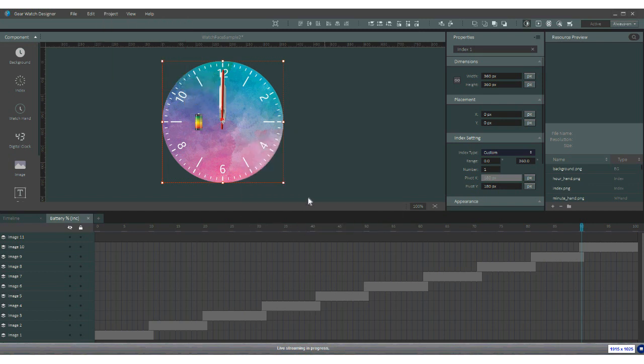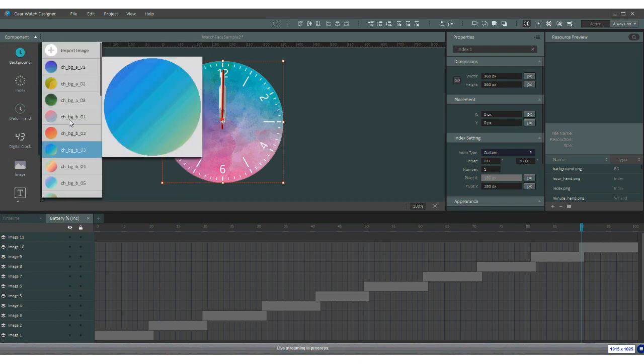As you can see in the top right hand corner, it shows us which state of the watch face we are in. So right now the always on mode is activated. So what I'm going to do is click the background icon, and I'm going to change the background for this. I'm just going to use some dark background that is available from the default images,